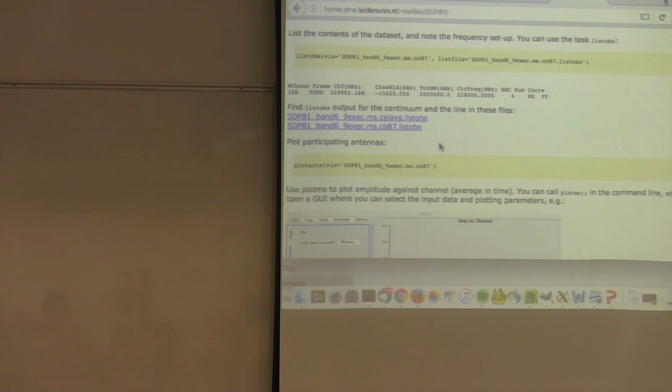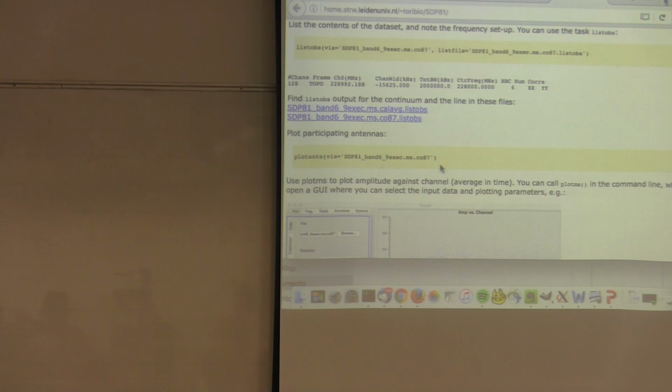So a better way to visualize which antennas participated in the observation is to use the task plotants. This is to plot the antennas. So if you go and plot the antennas for your observation,